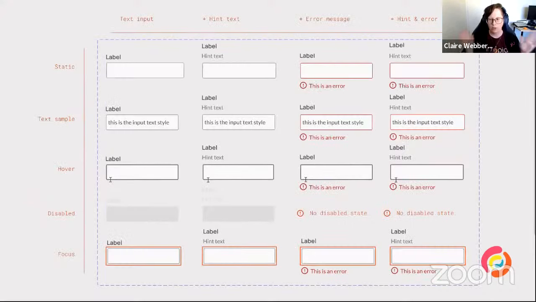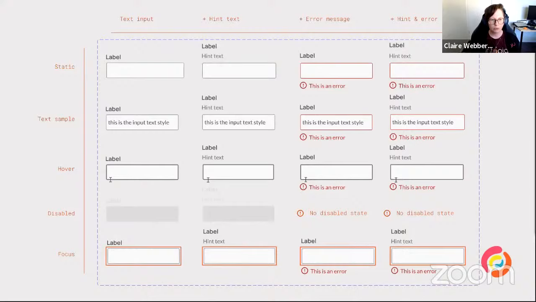So when we have all our states outlined for a component, here we have an example of a component for a text field with a label. We really need to think about all the states that that component can have. Key things that are often overlooked for accessibility are keyboard focused states, which are often missing from design libraries. Also, what's going to happen when it has an error is quite often overlooked for accessibility.